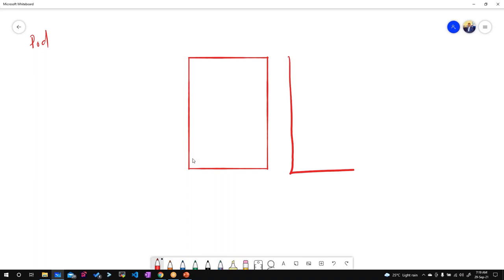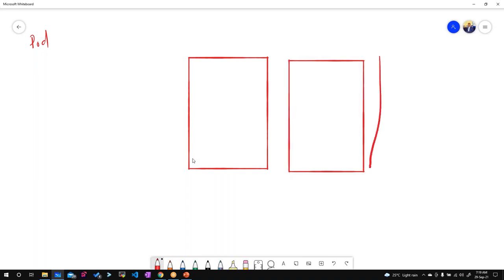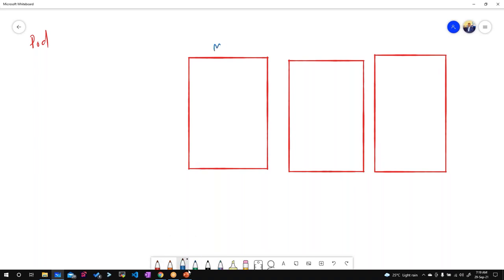In Kubernetes, the smallest unit that we can control is known as a pod. We had seen the architecture, so we have the master nodes and we have the slave nodes. Let's say that I'm creating a 3 node cluster. In that, one is the master and the rest are slaves or workers, so this is worker 1 and worker 2. Coming to the objects, the smallest object that I can control inside a Kubernetes